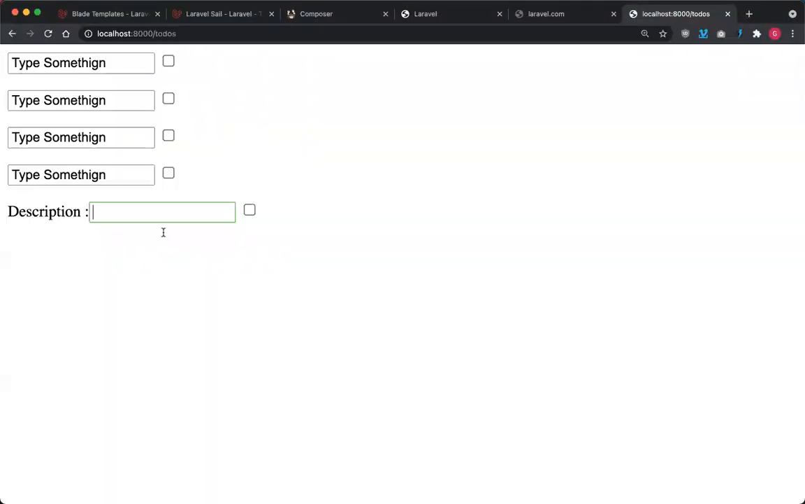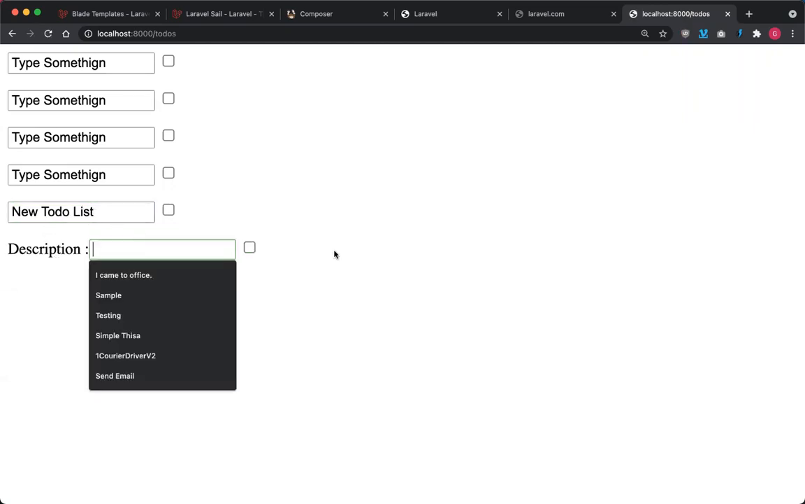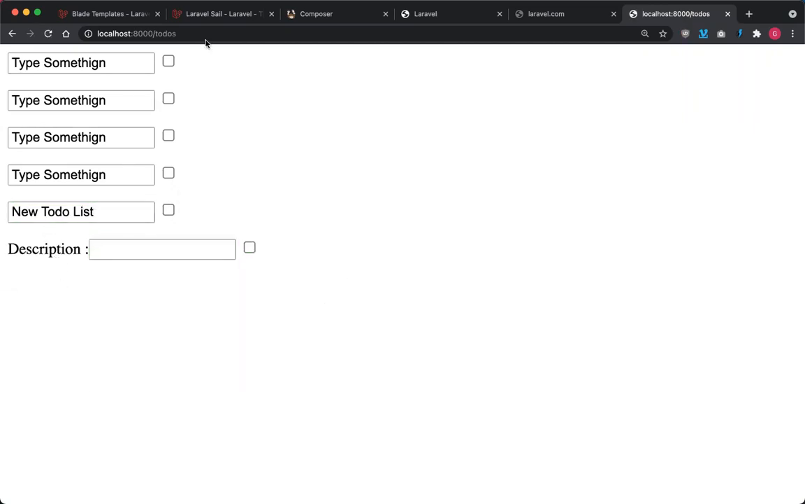Okay, so let's say a new to-do list. So whenever I skip to the next field, it automatically creates this. Now we can see if we can delete it or not. The next thing,